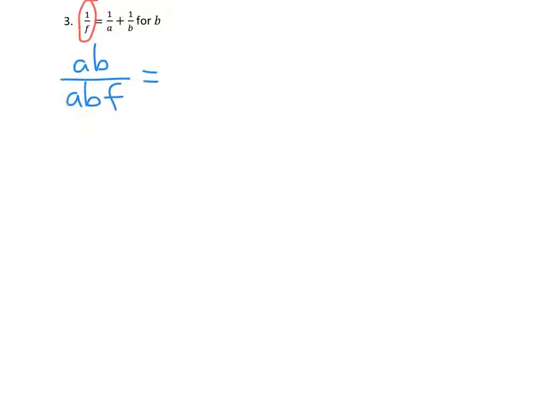Then we have an equal sign. Now in this next term, 1 over A, remember we want to get ABF as the denominator, and we already have the A. So what we're missing is the B and the F. So we'll multiply the top and the bottom by BF. That gives us BF over ABF. And then we have a plus. And then for this last term, we're still trying to get ABF as the denominator. We already have the B, so we're missing the A and the F. So we'll multiply the top and the bottom by AF, which would be AF